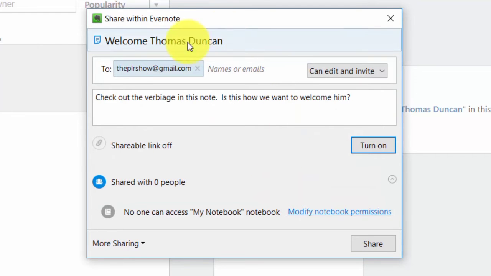Now, the only person that will be able to see the note and work with it will be the person that we have determined by sending them an email. Now, what we're also doing is we're determining how much permission a person has to see other notes in our notebook. So in this particular case, if we wanted to give permission to someone to see everything in our entire notebook, we can